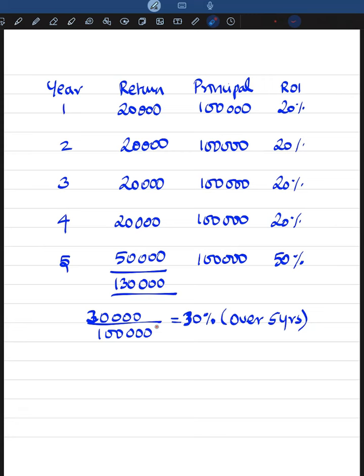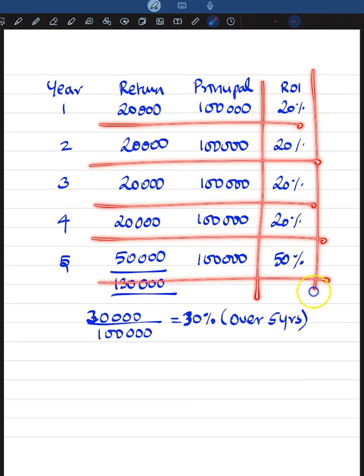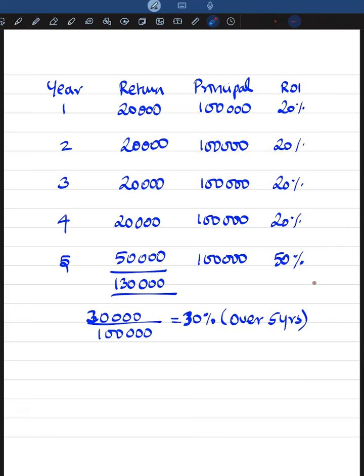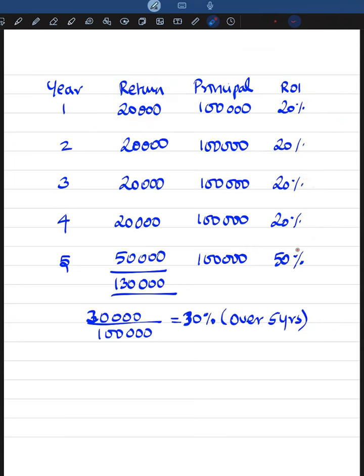So on look, it gives an impression that it is a 30% return on investment for an invested period of 5 years. But this percentage is of no use for us. And we believed that in all these years it was actually delivering 20%, and in the fifth year it is delivering 50%. But the sad part is after 5 years, there is no return, there is no recovery of principal. So unless and until we are certain of recovery of the principal, we should not express the cash flow received in a year as return on investment. This mistake is committed by many of us.